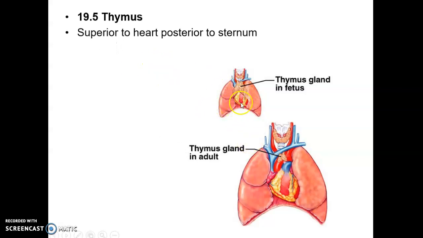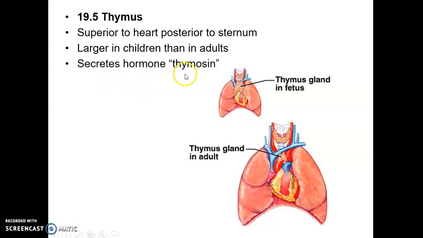Just superior to the heart and posterior to the sternum, breastplate. Notice in the fetus, it is bigger than in the adult. In the adult, it's essentially a residual organ. It secretes a hormone called thymosin,